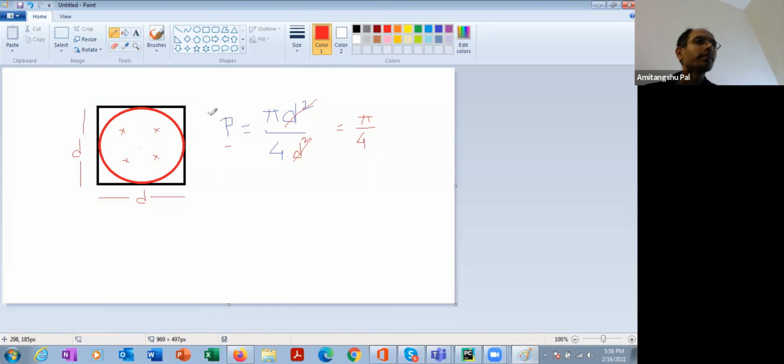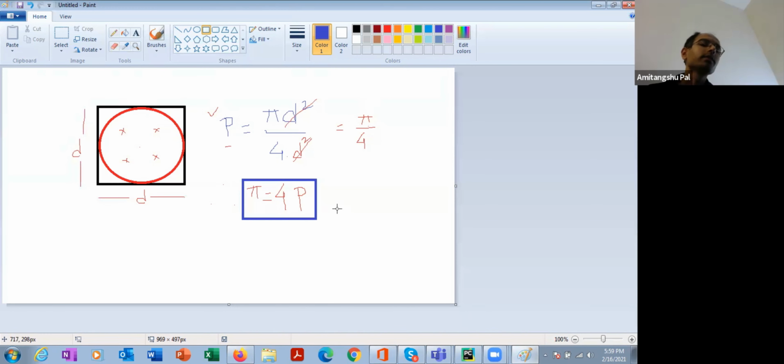So you know P, and you know that P equals pi by 4. So that means the value of pi is 4 into P. That means I can calculate the value of pi using a real experiment.